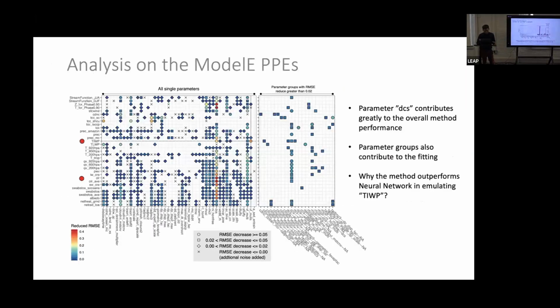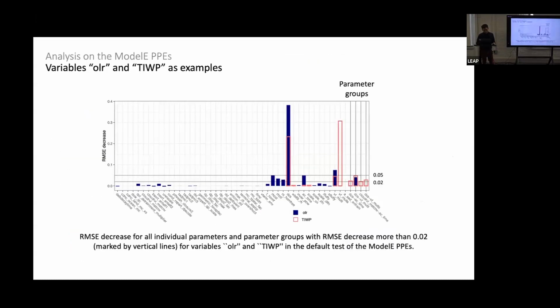So again, this is too messy, so we organize it further. Here's an example. We grouped them based on their contribution to the RMSE decrease. The individual parameters, what I'm showing now is the y-axis is the colors here. You can see there are some parameters that obviously are important, but there are some that are below 0.05. So we group and sum them together to see what are actually contributing to the emulator performance,